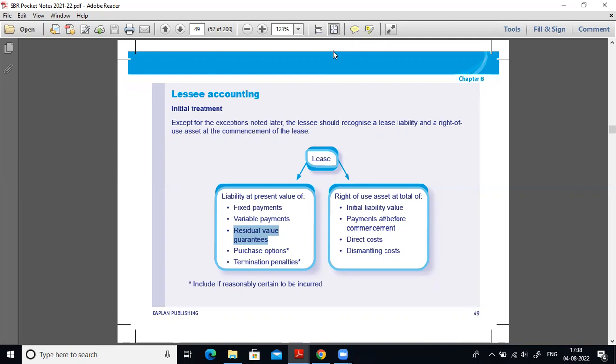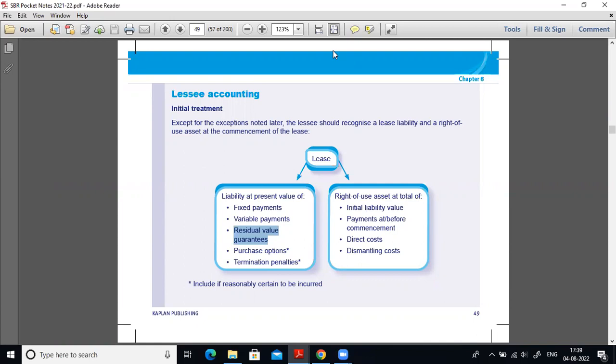Let us assume that for 5 years, and after 5 years, the ownership of that particular asset will be transferred to the lessee. Now, in that case, if the lessee expects any specific residual guarantee from the lessor, then the lessee needs to pay a certain extra amount. So that can also be considered while computing the present value. It means in addition to the lease rentals, if the lessee wants any specific residual guarantee from the lessor, then definitely the lessee needs to pay an extra amount. So that should also be considered for computing the present value of the lease liability and the purchase options.